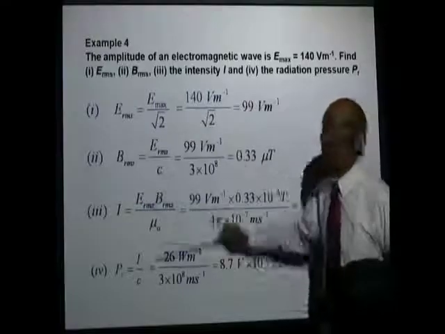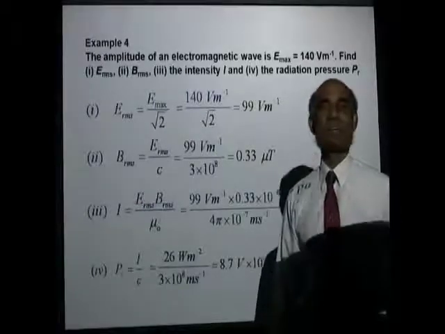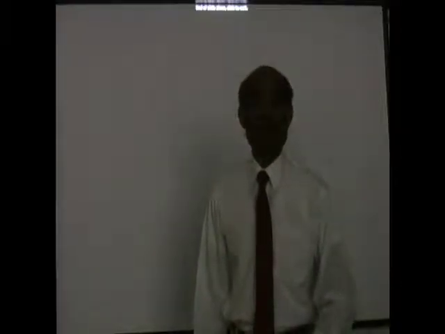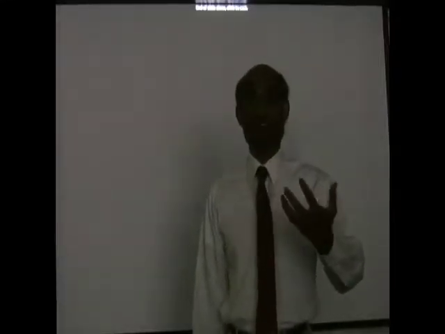Well, simple problems, but you must be able to recall all these equations. Well, and that is the end of our discussion on electromagnetism. And I think in this unit I'm going to include a lesson on light, because it's very